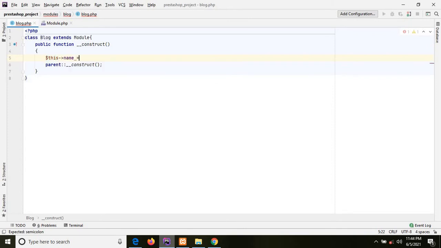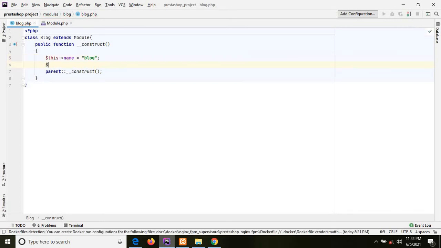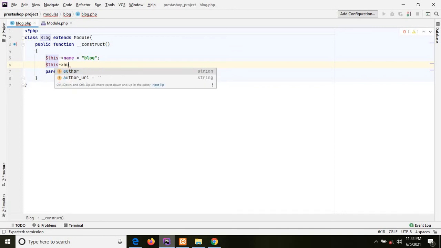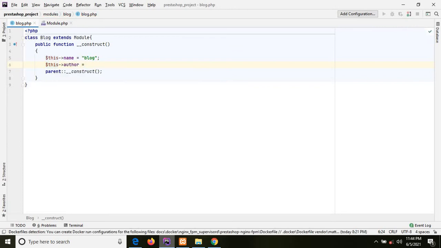So first I am writing the module name. I'm writing the module name is blog. After that we need to write the author name, that is author. So I'm giving my name.